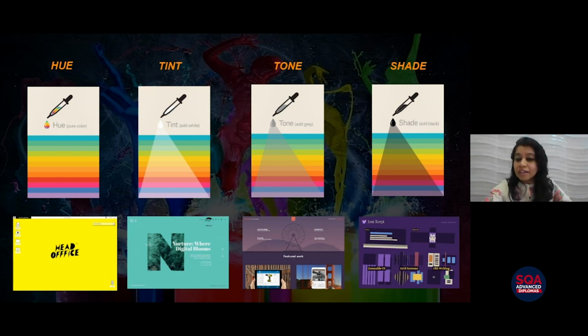Now, when you try to make a shade in your website, or in the design that you create, it creates a contrast, giving you a contrast color combination. And when you add a tint, you need to make sure that the color is not making the design look too dull. So you need to be very careful about the kind of tint and shade that you use. Be very careful when you try to add more color combinations to your design.